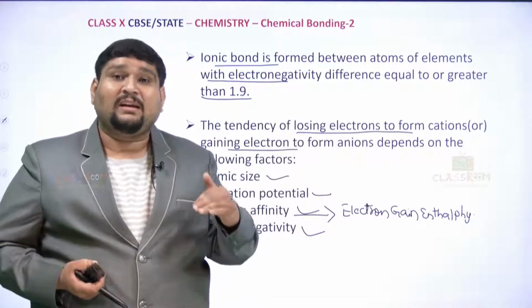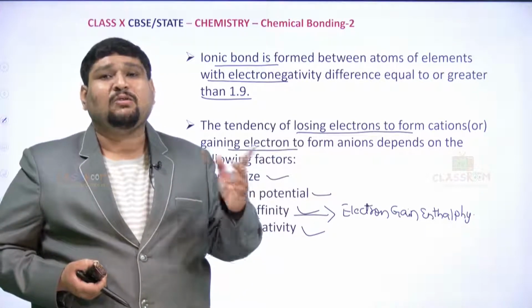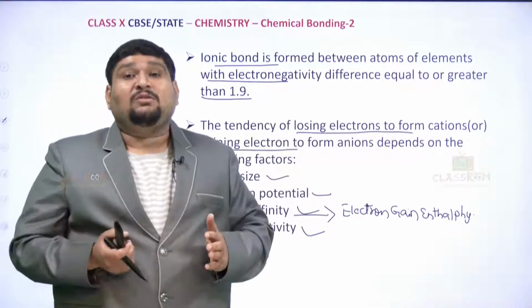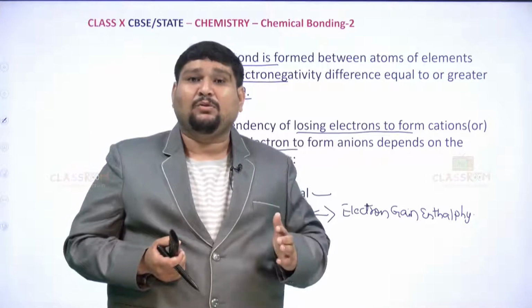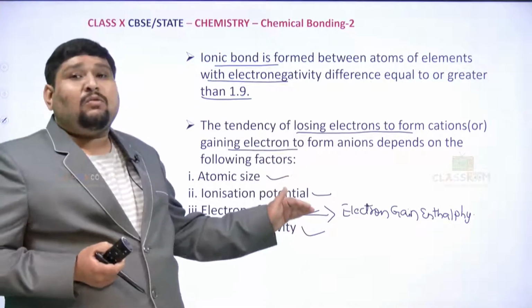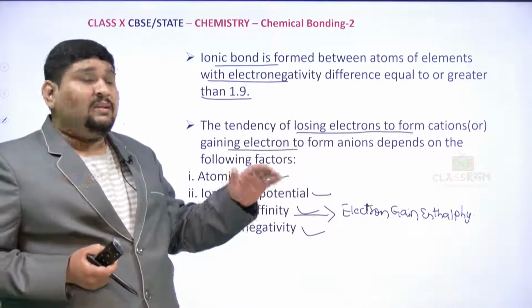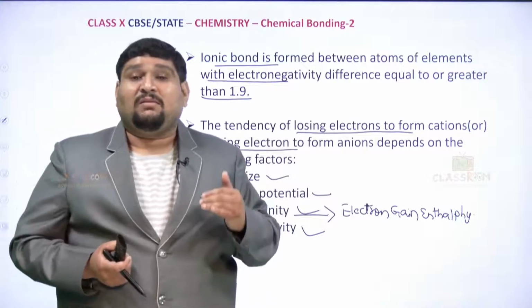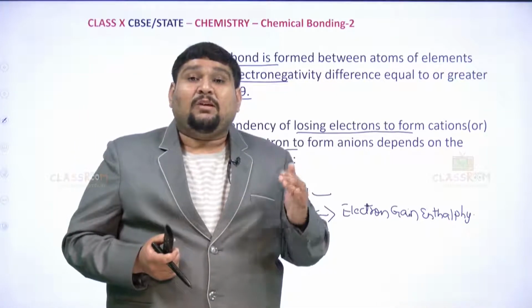So energy is required and energy is given out. Both the losing and gaining character of electrons take place, because an atom needs to be stable and electrically neutral. These factors definitely affect ionic bond formation. In today's class, children, we have done the first part, ionic bond formation,